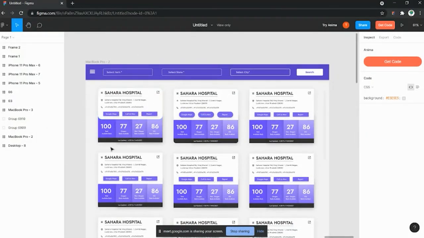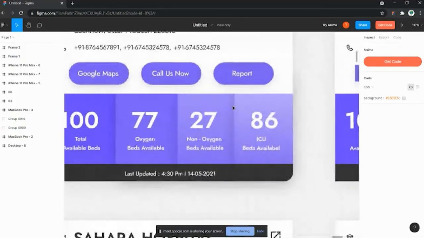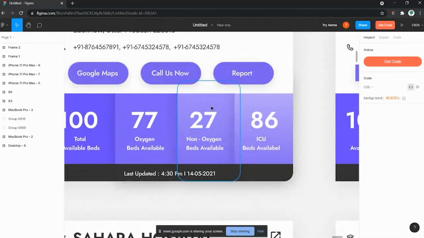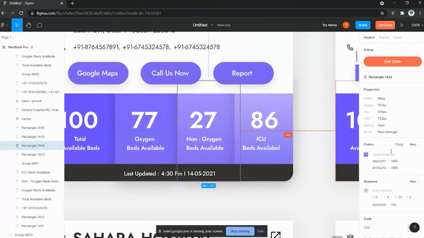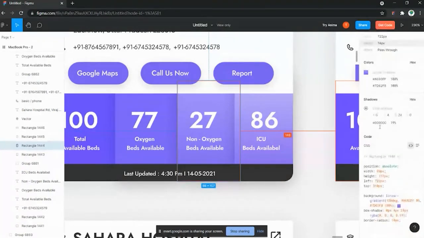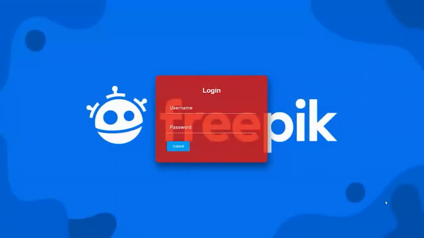This is especially for web development, but you can do other stuff also, like making posters and other things. It is similar to Adobe, but one great feature is that, for example, I select this part here, and I can right away get the CSS code from here. You can see this is a background linear gradient, and you can just copy and paste it directly in the CSS file. So this makes your job very easy.